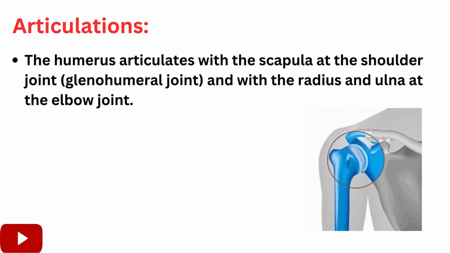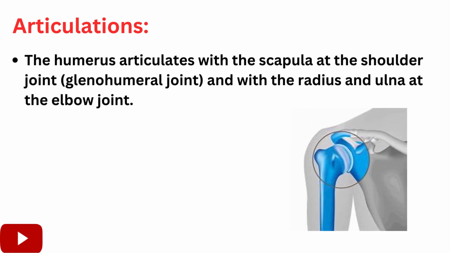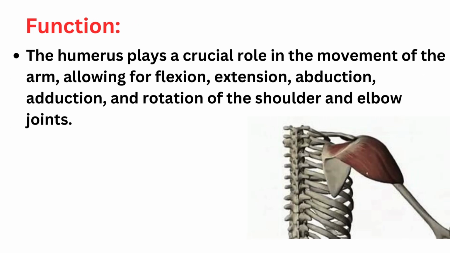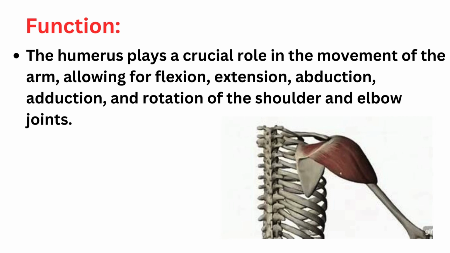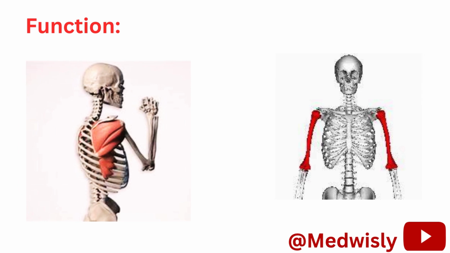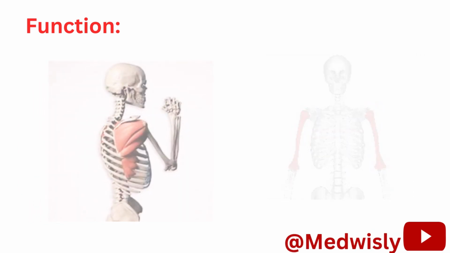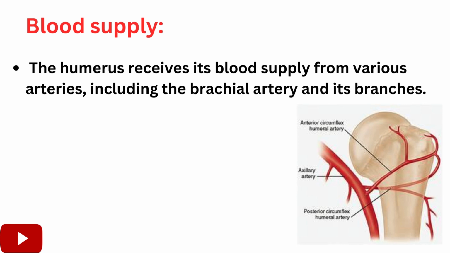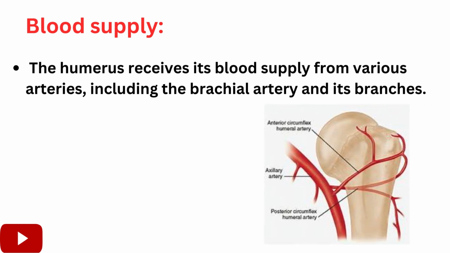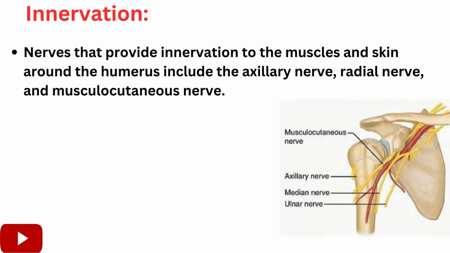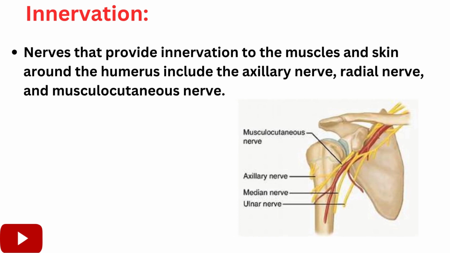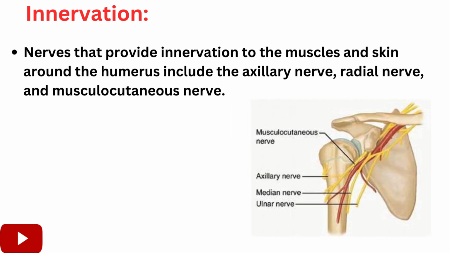Articulations: the humerus articulates with the scapula at the shoulder joint, glenohumeral joint, and with the radius and ulna. Function: the humerus plays a crucial role in the movement of the arm, allowing for flexion, extension, abduction, adduction, and rotation of the shoulder and elbow joints. Blood supply: the humerus receives its blood supply from various arteries, including the brachial artery and its branches. Innervation: nerves that provide innervation to the muscles and skin around the humerus include the axillary nerve, radial nerve, and